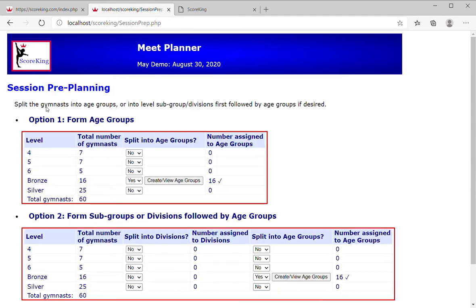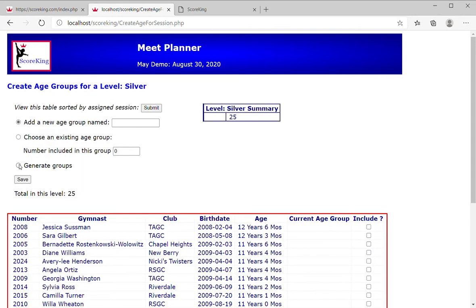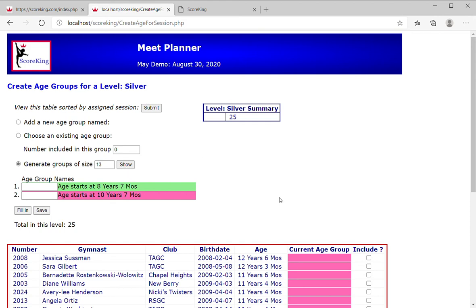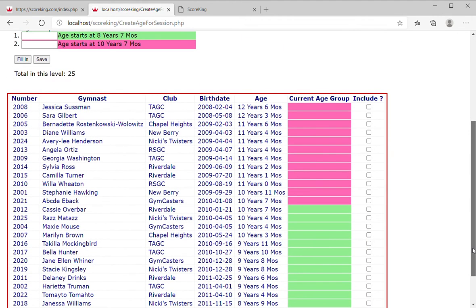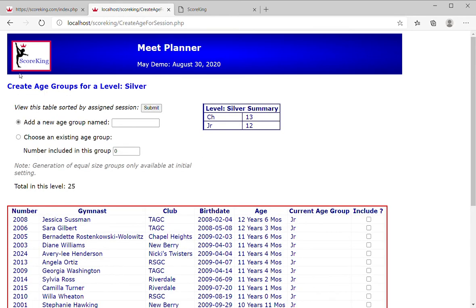Once you have your gymnasts imported, you might want to create the age groups. I'm going to create some Silver age groups just to show you how you might want to do it. I'm just going to put these into two groups of 13. Then you can see it would split them. I'll make sure I didn't split them on a given birthday, and so then I can just, so I'm going to call these my Child, and this is my Junior age group, and save those,